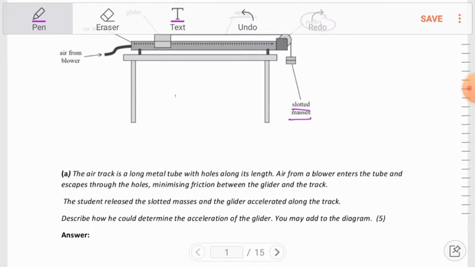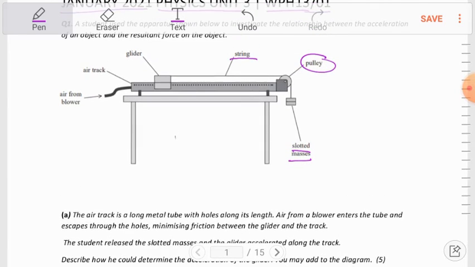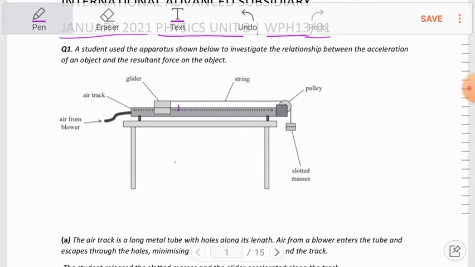So here, for finding the acceleration, he needs to find the distance between 2 points and the time taken to move the distance between the 2 points. So here we will first draw the diagram at 2 points. Let me consider this and this. So these are the 2 points that we will measure the distance from. So let me point this as M1 and this as M2. Now we will go to the writing section.